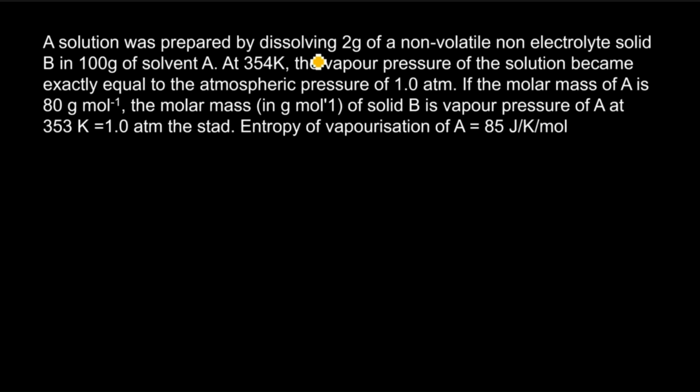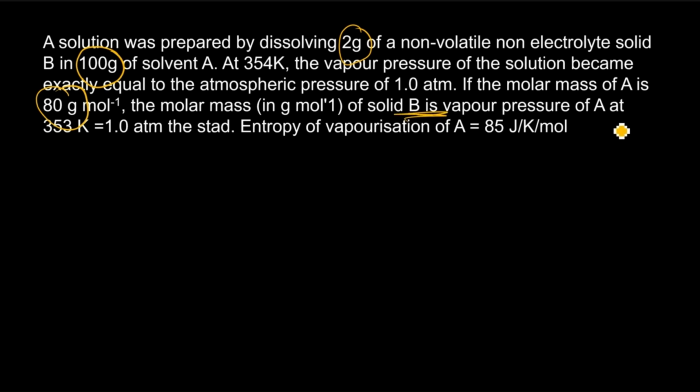Next question is a numerical problem. A solution was prepared by dissolving 2 grams of non-volatile non-electrolyte solid B in 100 grams of solvent A. At 354 Kelvin, the vapor pressure of the solution became exactly equal to the atmospheric pressure. Equal to the atmospheric pressure means that becomes the boiling point. If the molar mass of A is 80 gram per mole, the molar mass of B, they are asking, is